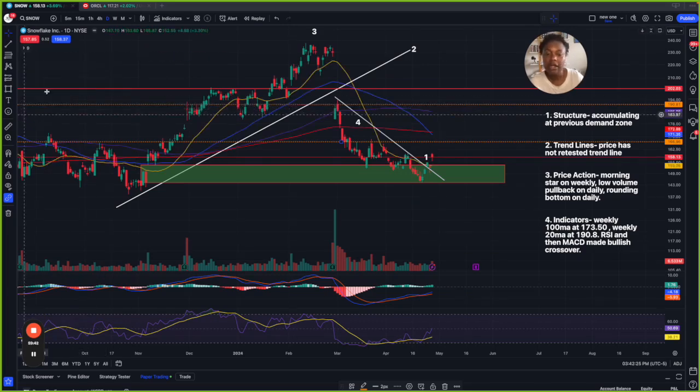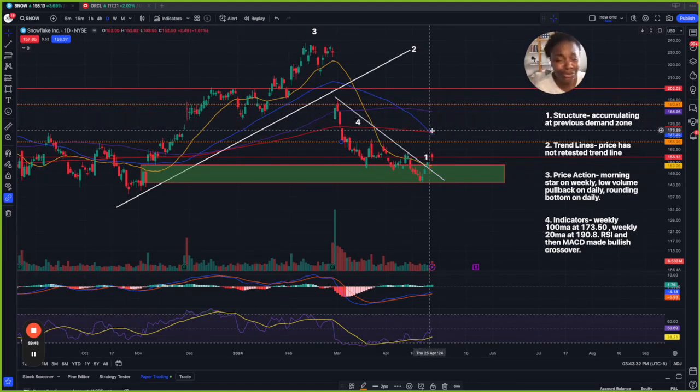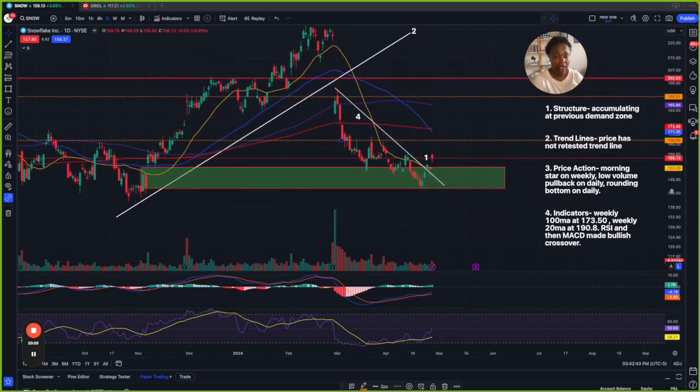Turn my averages back on. Favorite thing I like to use. Oh, baby, that's a golden cross. Or that's a death cross. That's a whole death cross on the daily with the 50 crossing below the 200. Now, do I believe that price is going to pull up into this 167? More than likely. More than likely.